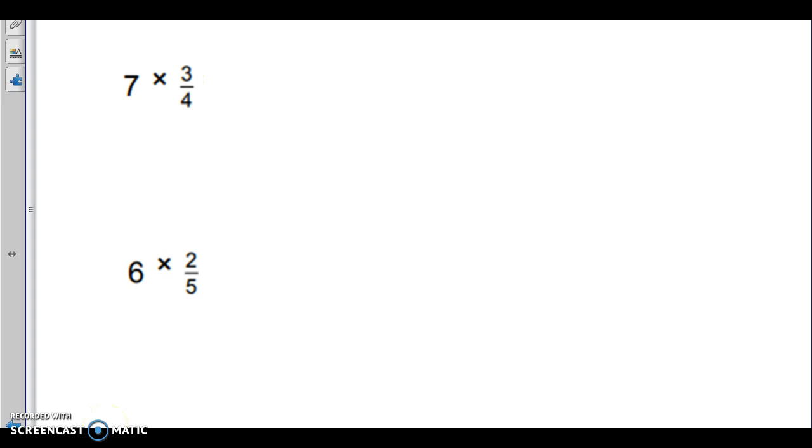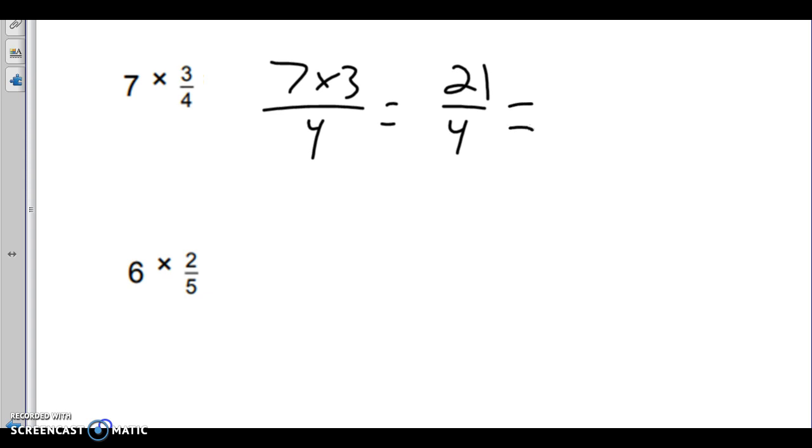So, 7 times 3/4 can be really thought of as 7 times 3 over 4. We'll give you an answer of 21/4, which you will then have to convert into 5 1/4. Now, before I do this, let's get this out of here. Okay. Let's talk about